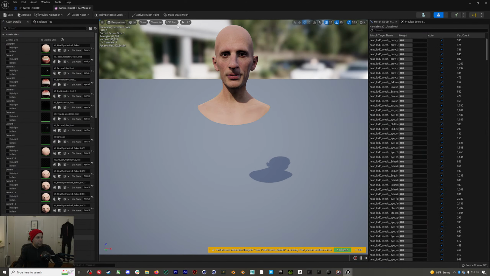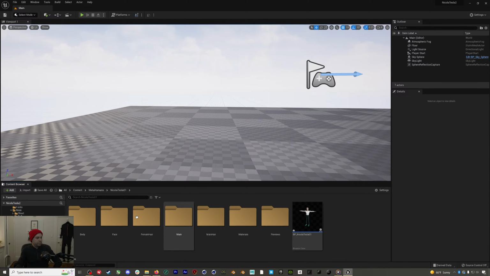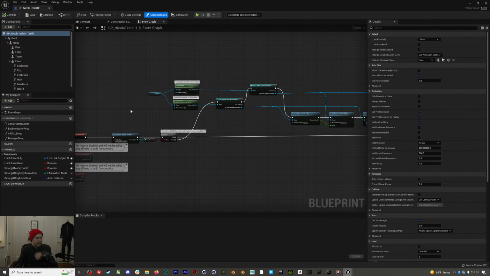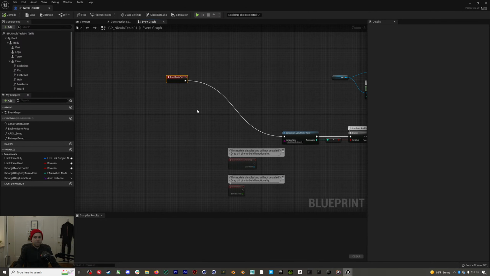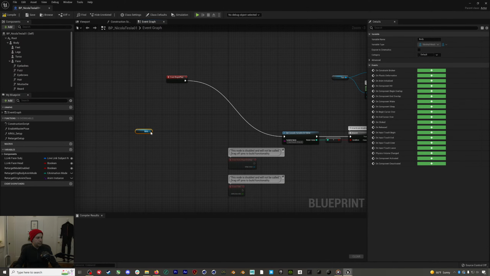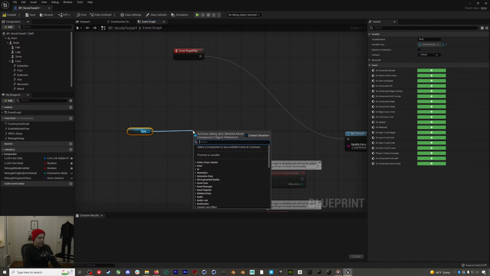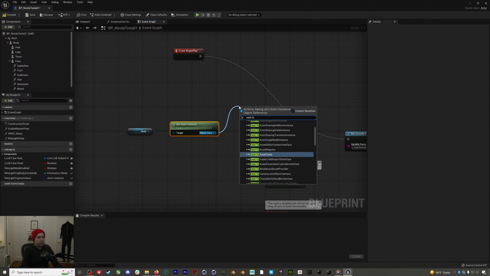Because the next thing we need to do is go back to that main Nikola Tesla blueprint, that main blueprint, big scary looking one. And here we're going to add some final nodes. So we're going to drag in the body from this tree right here. From the body, we're going to add a get anim instance node. This is all in the tutorial that we have for MetaHumans that'll be in the description below or is in the chat. From this get anim instance, we're going to do cast to,